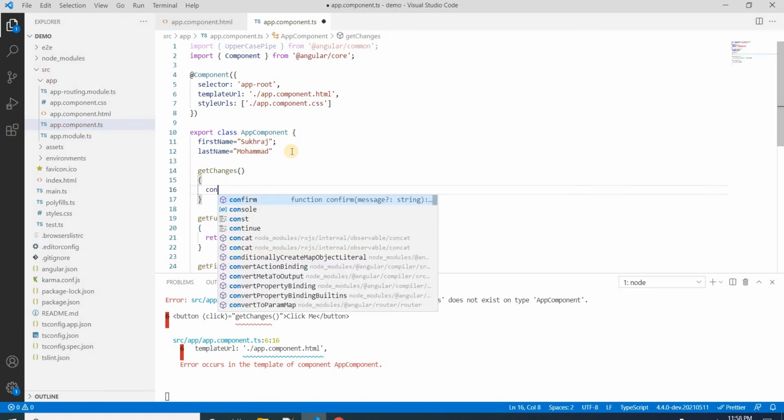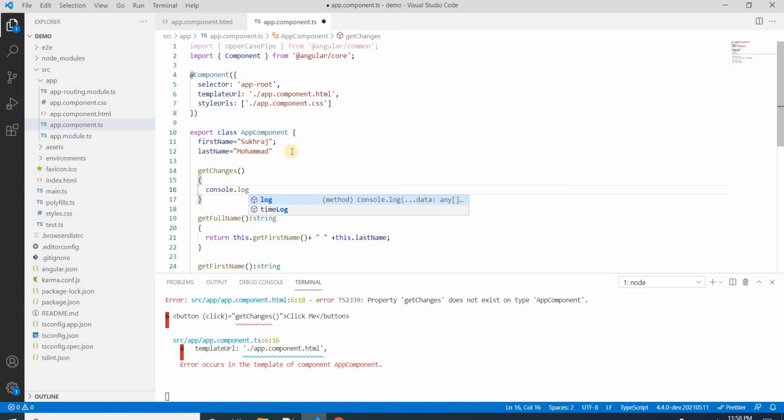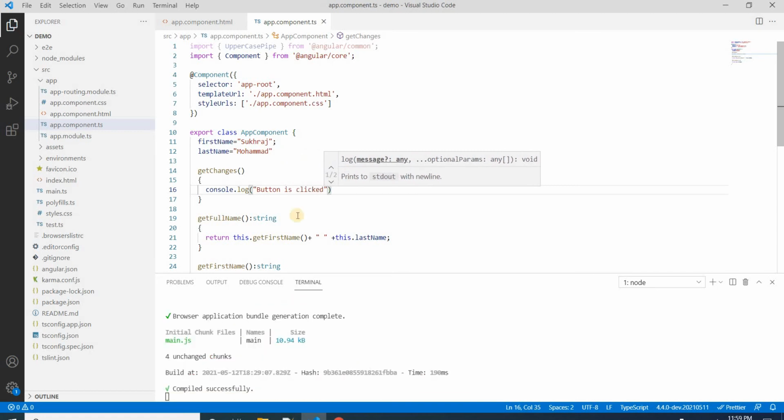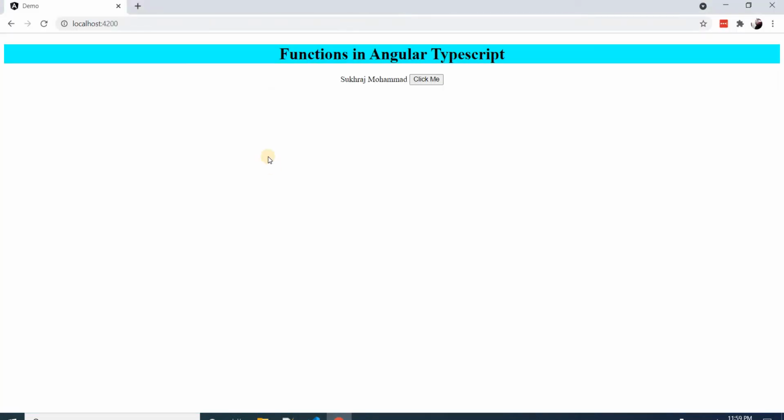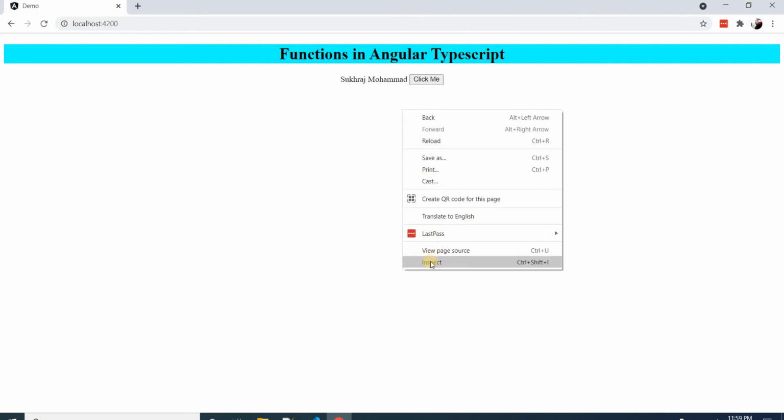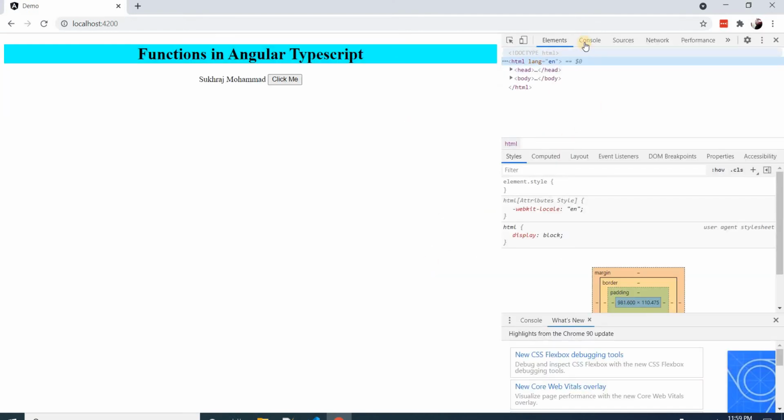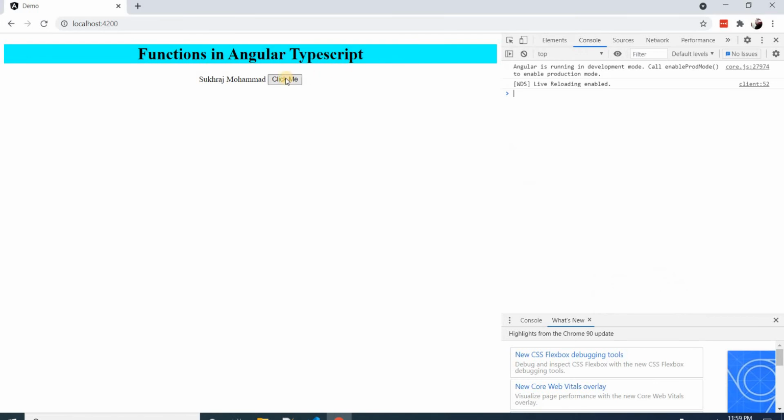Here we can use console.log, with the message button is clicked. Now we can see the changes in the console. Let's click here. See, whenever I click here, the count is increasing, right? It means the button is clicked.